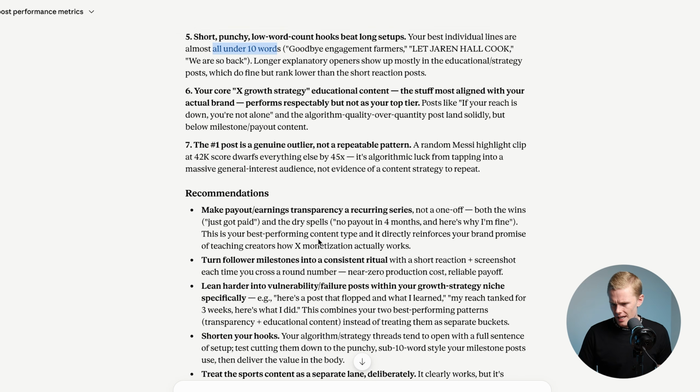Now, some of you may be thinking, well, wait a minute, I don't have an X account yet, or I just started. How am I supposed to look at my past engagement history and use that to inform my content if I've only made 2 or 3 posts? Well, what you can do instead is take a look at some of your competitors and use their posts. So if we come over here, an easy way to do that,